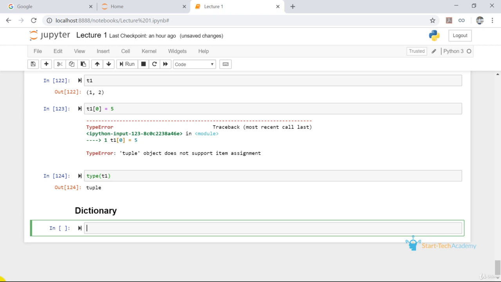Dictionaries are also like lists, except that each element is a key value pair. The syntax for assigning dictionaries is using curly brackets. In a list, we use square brackets. In a tuple, we use parentheses. In dictionaries, we use curly brackets.